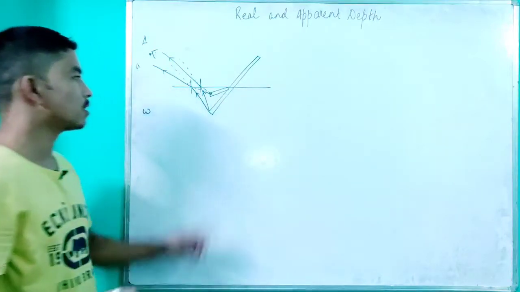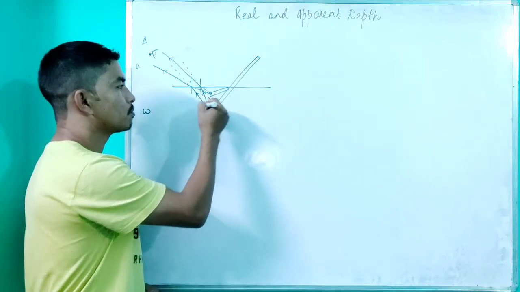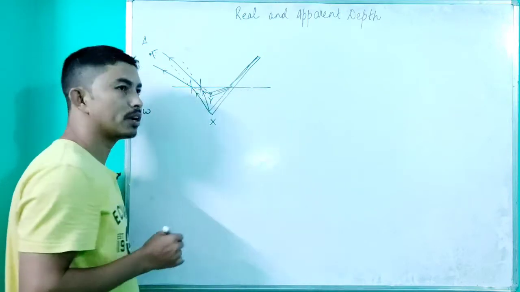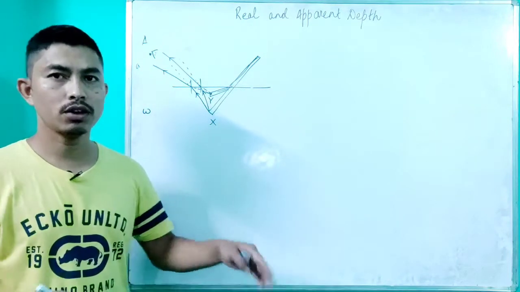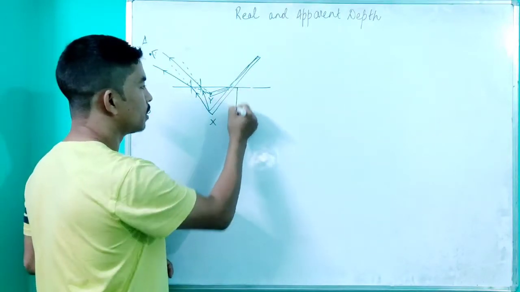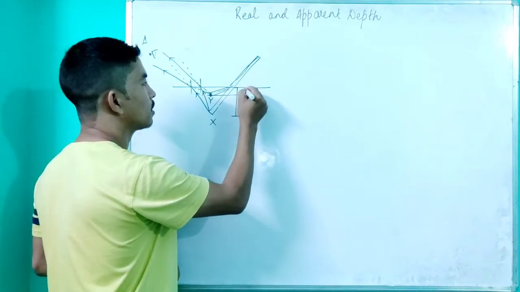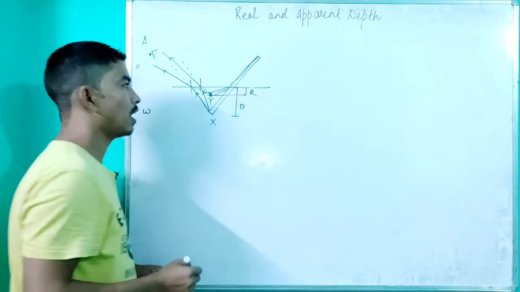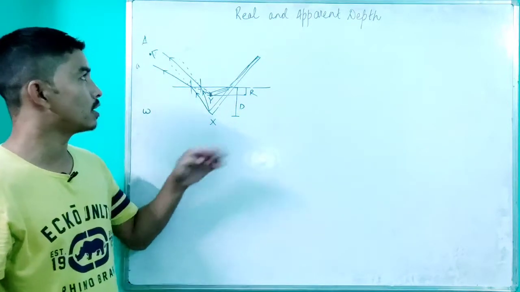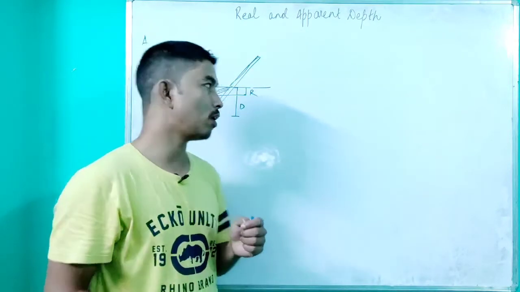He sees that the base of the stick, which was actually at the depth x, is now at a depth y. So we see that the stick appears to bend when viewed from the air towards the water. Now this is the real depth, given by r, and the apparent depth is given by a. So this is why the stick appears to bend, and why whenever something is viewed under water, it appears to rise upward.